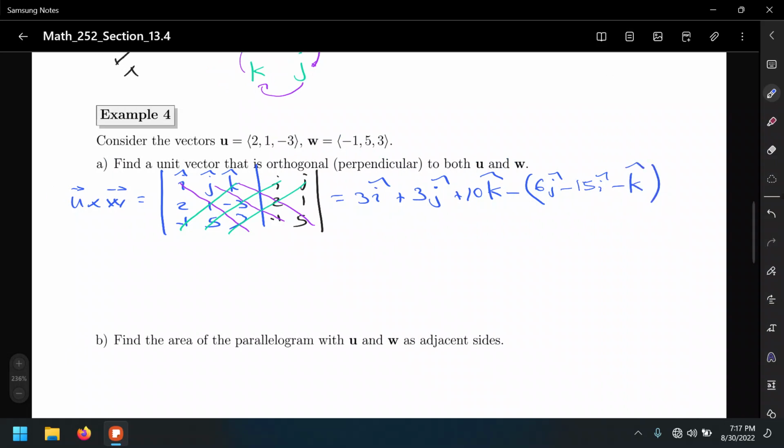And let's just combine like terms. So i's with i's, that's 3. Okay, negative negative becomes positive, isn't that an 18i? J, so 3 minus 6, that's a negative 3j. And 11 minus negative k, that's plus k,